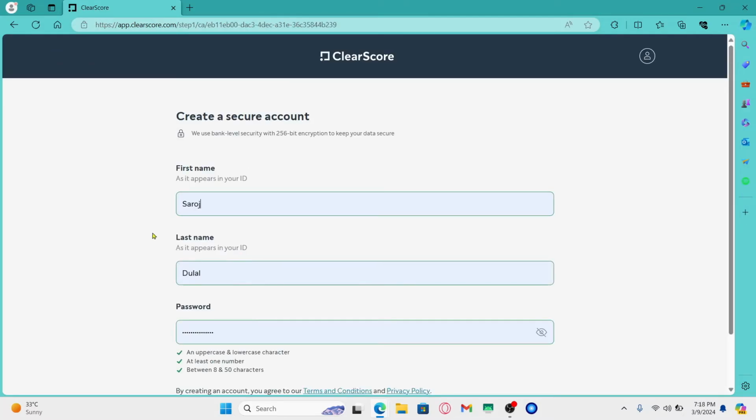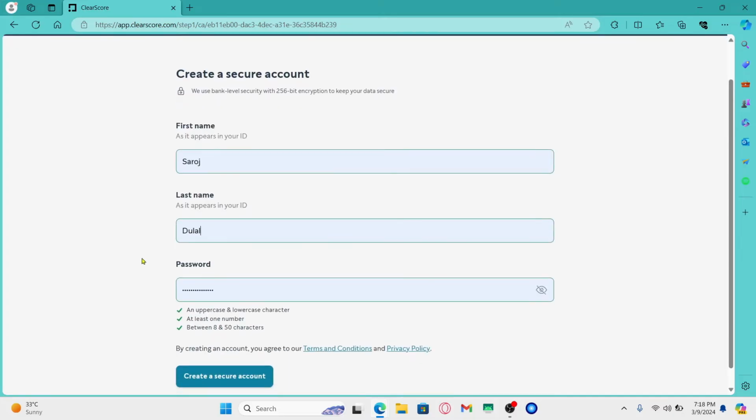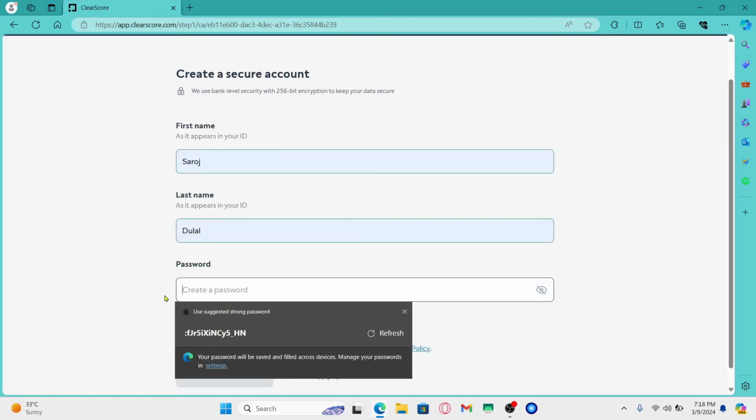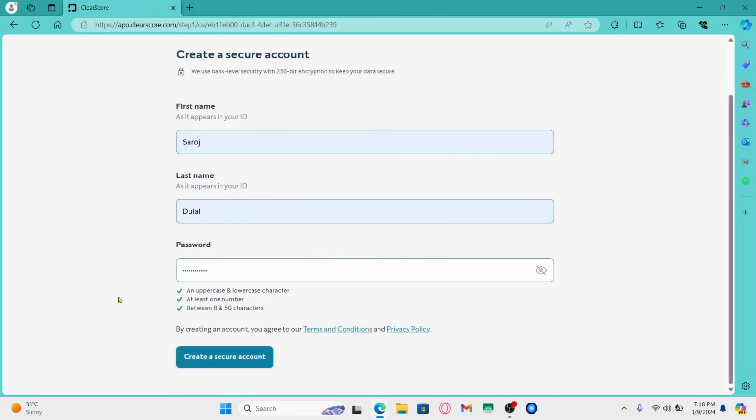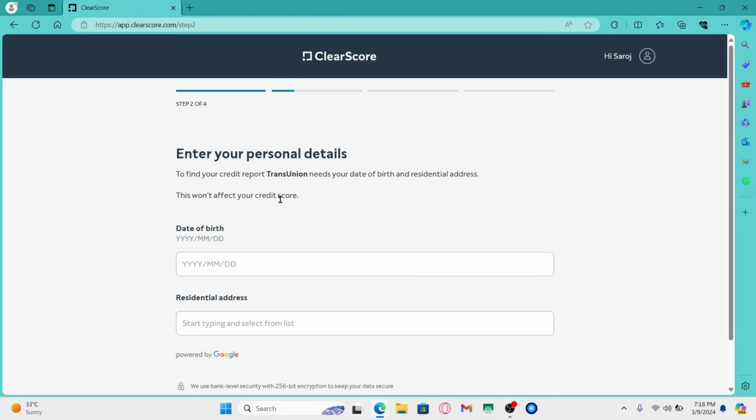Once you click on this, you will be asked to fill up your credentials. Start by entering your first name and then type in your last name underneath. You will then also be allowed to create your password for your account. Make sure that you follow all of the criteria that are mentioned underneath the password box and then type in your desired password. After creating your password, click on Create a Secure Account and now you will be asked to